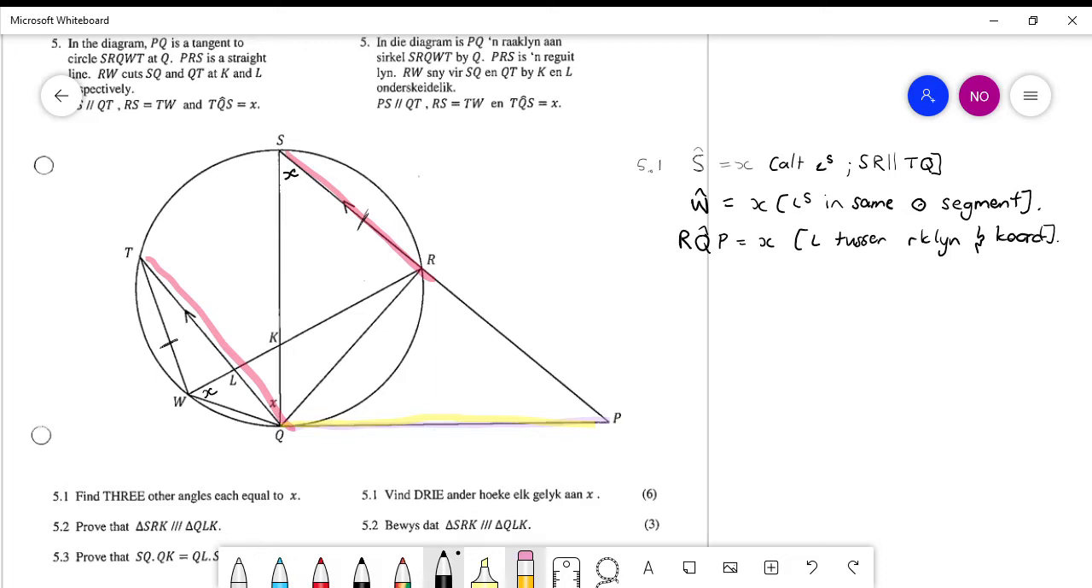Okay, just pause there for a second, guys. 6 marks, eh? Find 3 other angles equal to X. 6 marks out of a 50 mark paper. That is a significant amount. So what would have happened here